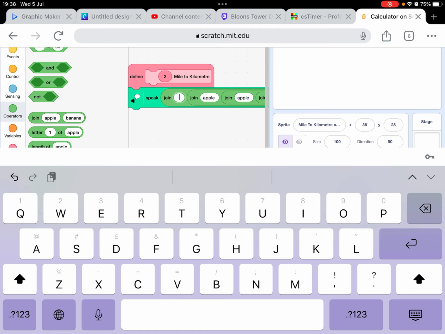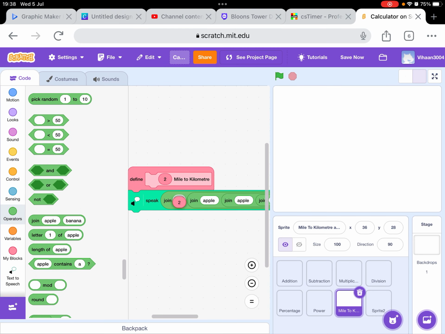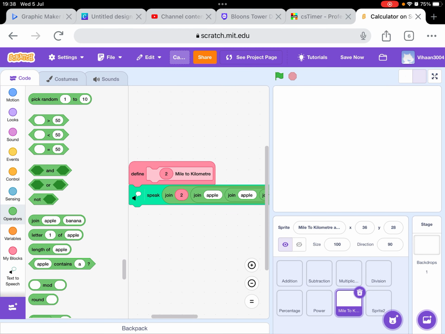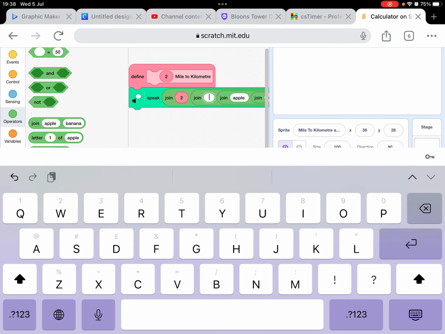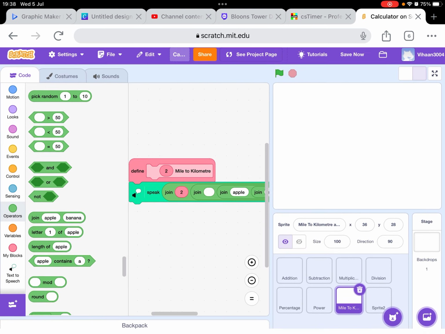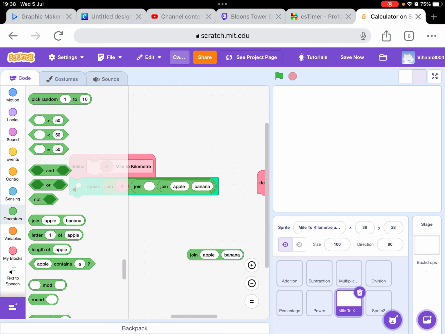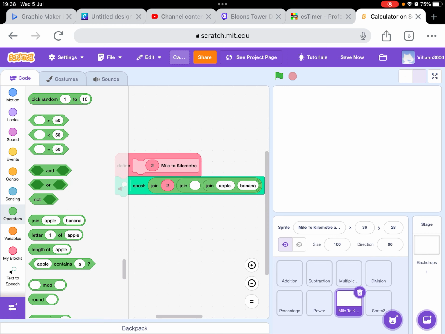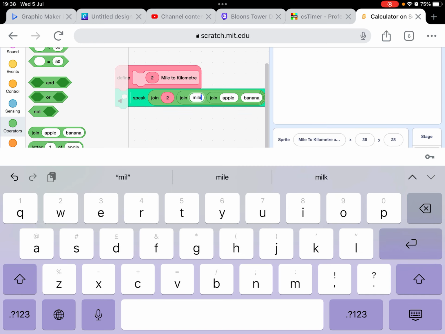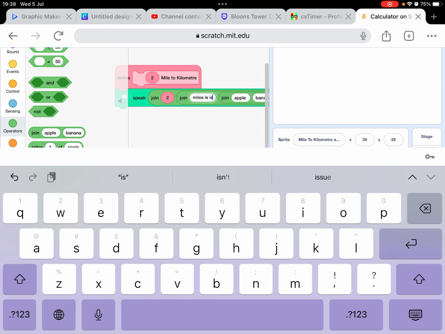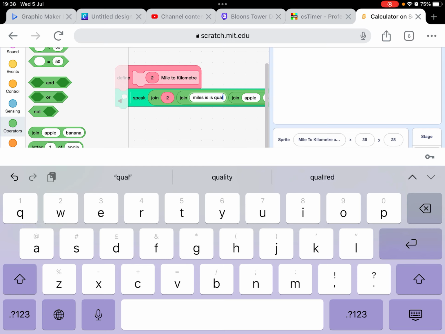So we will put here, we are right now doing mile to kilometer, so we put the input 2 miles. Actually over here I think we only need 4, the input 2, then miles is equal to,